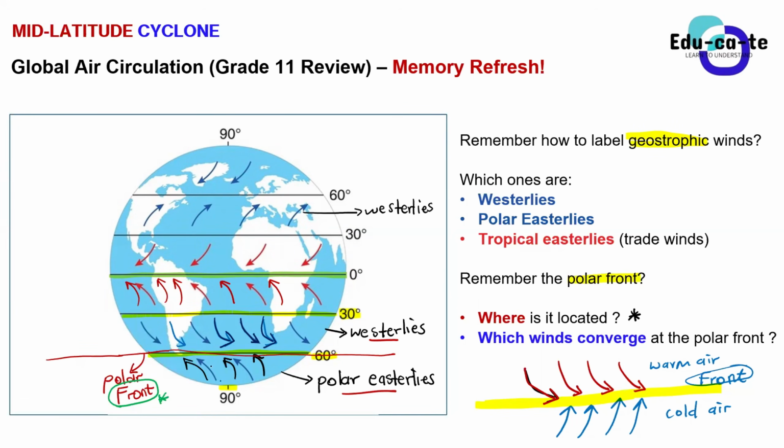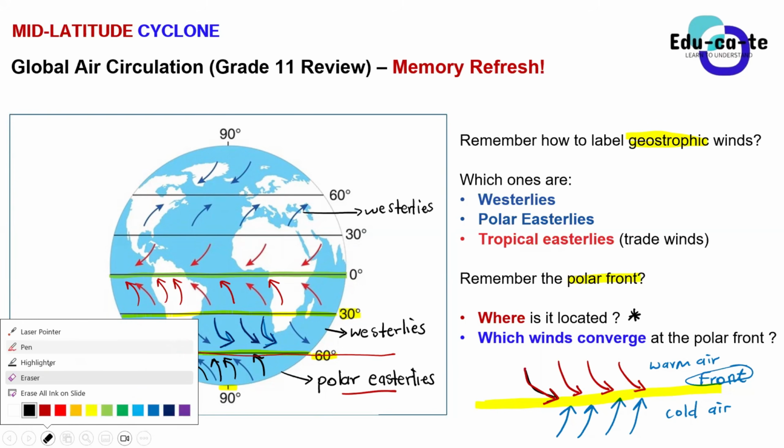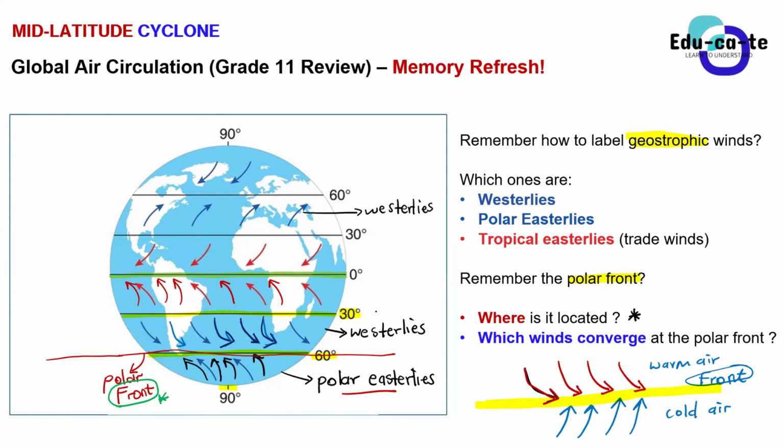You can see these polar easterlies. So basically, the westerlies, their temperature is warm. So when we talk about westerlies, most of the times, don't just write westerlies. You must always say warm westerlies, so that you can emphasize that the temperature of the westerlies is high. The wind known as the westerlies is actually air that is warm. Okay, so we say that those are warm westerlies.